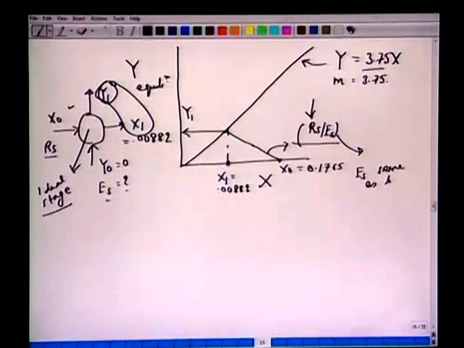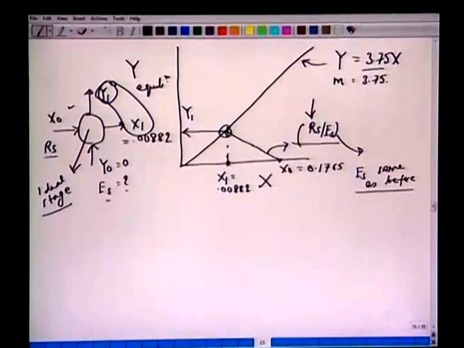So, I leave it to you as an exercise to check that you obtain values of Es similar to what we obtained by writing down and solving the material balance equations. It is a very simple example. The more important thing to realize is that y1 and x1 are in equilibrium here. If you know x1, you can mark y1.